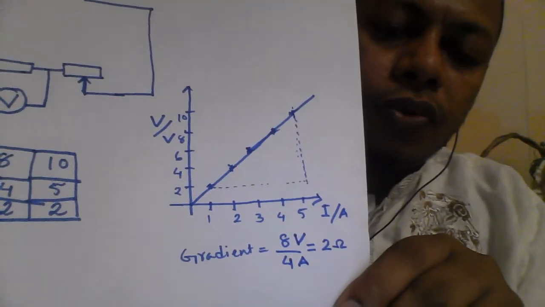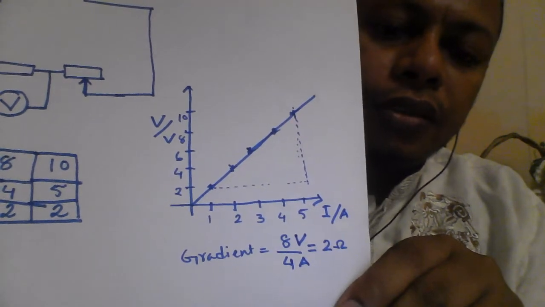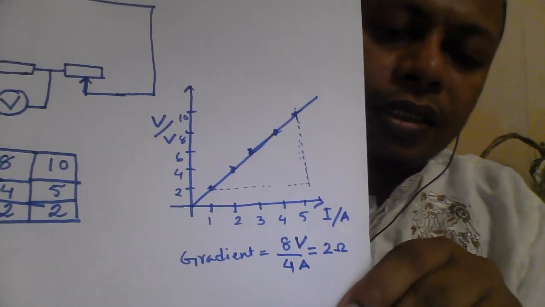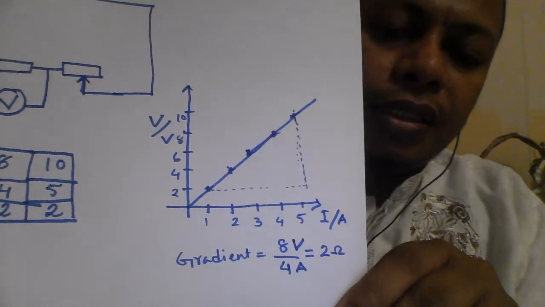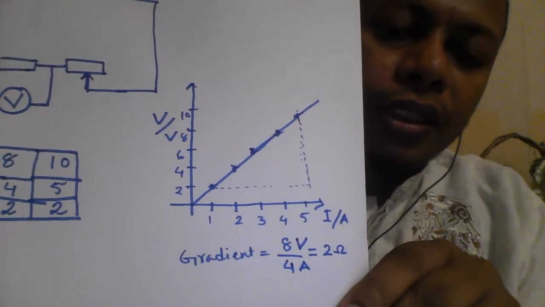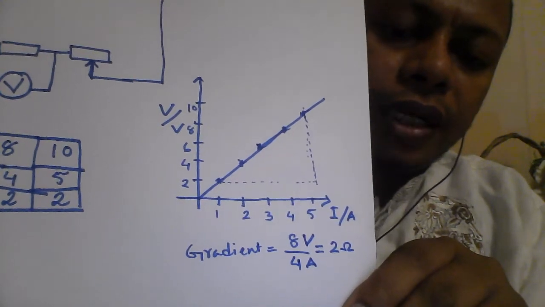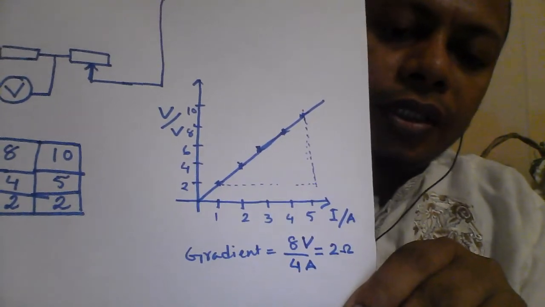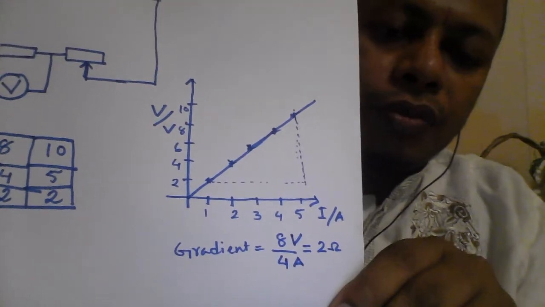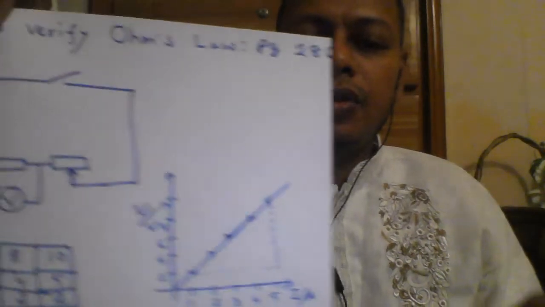You know, y2 minus y1 divided by x2 minus x1. I just made it shorter and showed the calculation over here. 8 volt by 4 ampere, so the gradient also comes 2 ohms. So from this